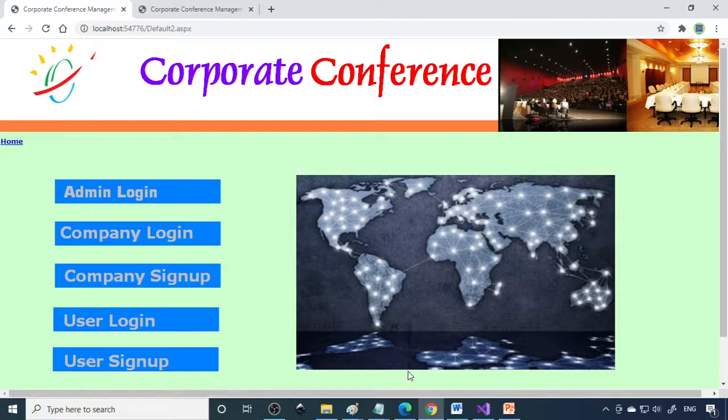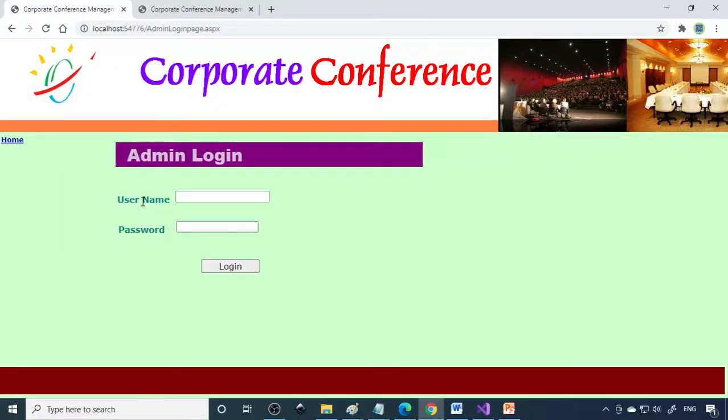So when I click on get inside, you can take the next page. Here you can see that all the options are provided. First we log into the admin login. So now it goes to admin login. So you need to log in as admin. So for that you need to use the credentials. And these are admin credentials.